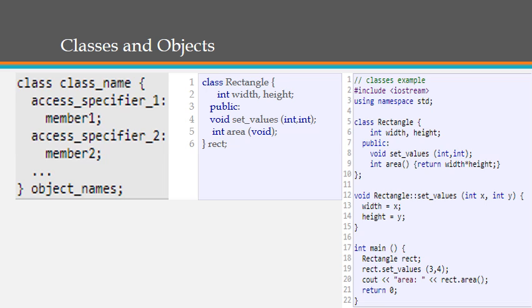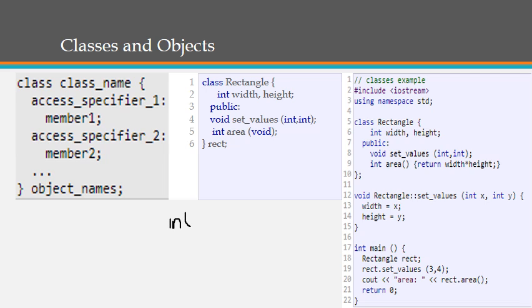Well, now we'll look at classes and objects. Classes contain data members, but they also contain or can contain functions as members. An object is an instantiation of a class. In terms of variables, a class would be the type and an object would be the variable. So if we look at